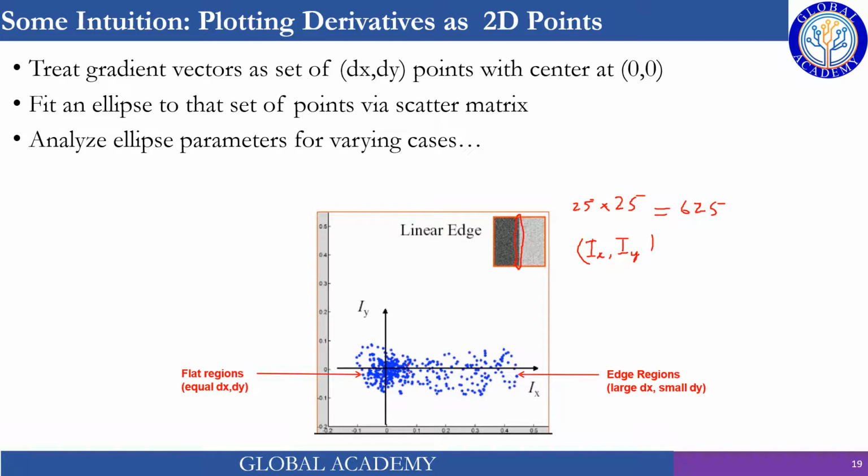So this is the scatter plot of ix, iy. I mean the derivative along the x-axis and the derivative iy along the y-axis, and then these two values are plotted as a scatter plot. But this would be the difficult way to measure the edge. Right now we are just measuring ix and iy and then plotting it as a scatter plot. Visually, it's depicting that there is some edge along the y-axis.